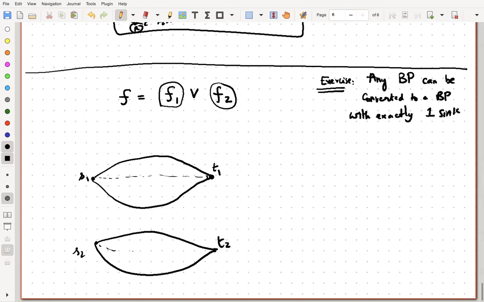Similarly for S2, right? Now, if I wanted to implement OR of these two, I'll create a new source vertex, S, and then connect it to these two things. I'll just start at both these things. And I just want to make sure that there is one path from S to T, and maybe again, I'll connect these two to